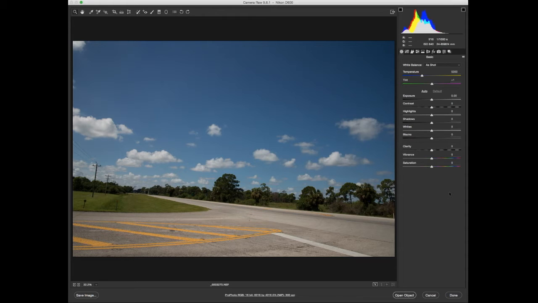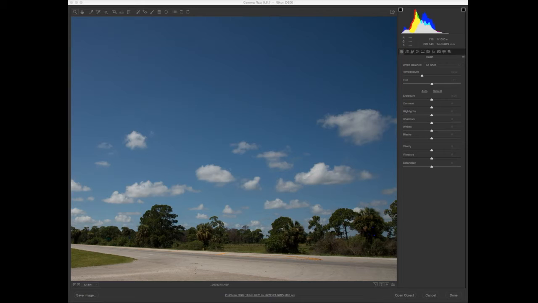And looking at this, what do we need to do? Well, one of the things we probably need to do is to rotate it and flatten the horizon. And we do that with this control up here. We use the crop tool, and when we get in here, we can rotate the picture back and forth. So having said that, we're going to continue to march on, and we're looking at this, and what we want